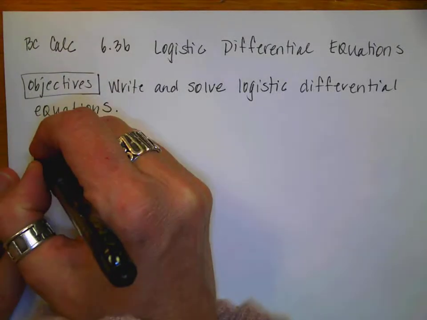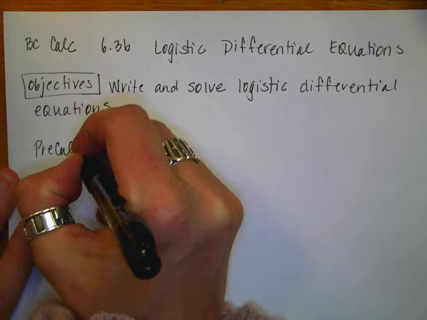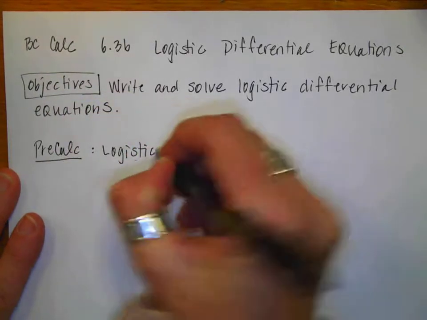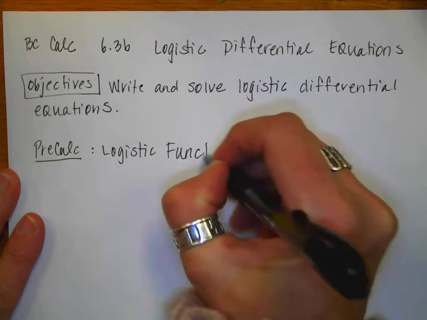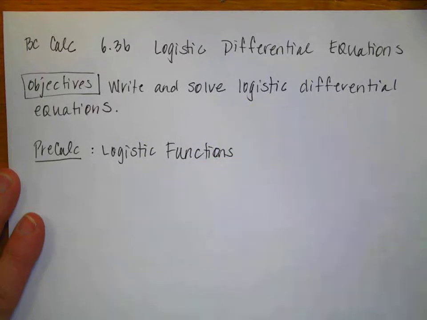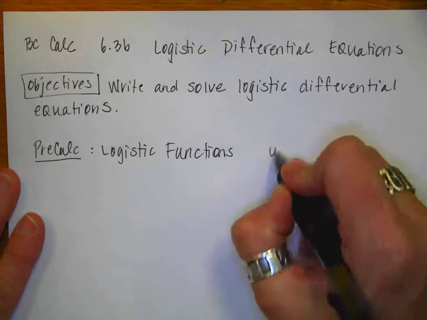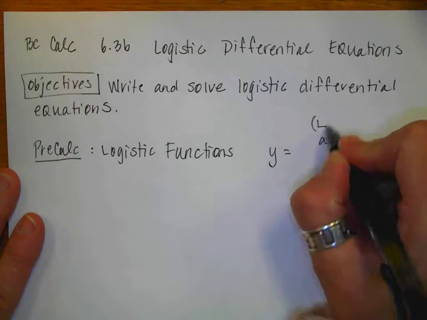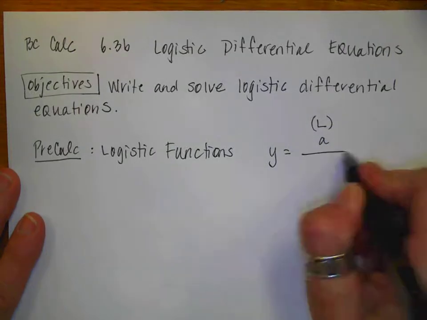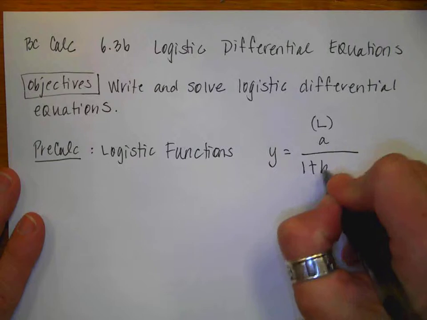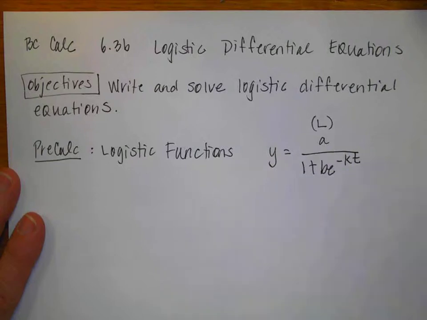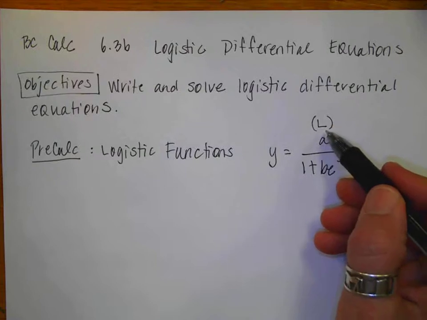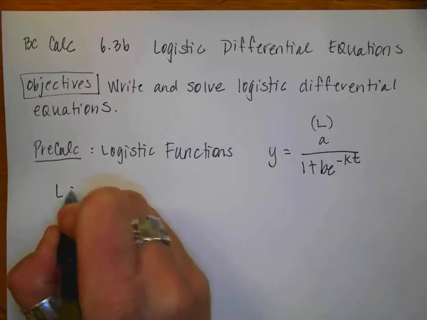So what we want to do is go back to pre-calc, where we talked about logistic functions. We're going to go back and remember that, because that was a long time ago. All right, so a logistic function is of this general form. Our calculus book uses the variable L, which is fine. It doesn't matter what they call it, and 1 plus b e to the negative kt. So if you'll remember, A, or L, which our calculus book calls it, is, I'm going to write L,